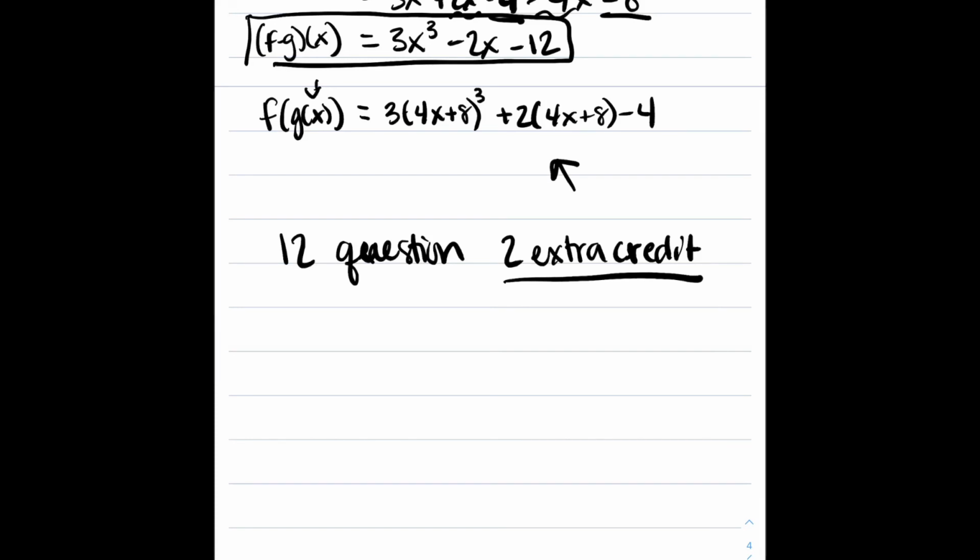It is all open-ended. It is not multiple choice. It's open-ended, so you have to show your work, so I can give partial credit that way. For my online kids, you have 50 minutes to complete the test. That's 12 questions, 2 extra credit. If you run out of time, send me an email and we will